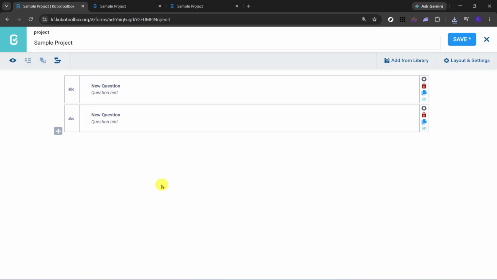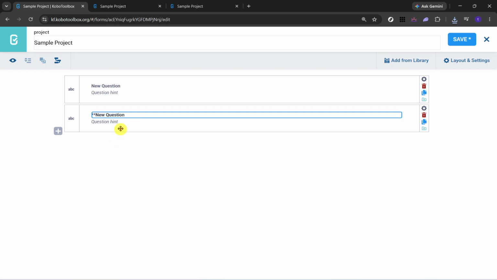Next, click on the sample name. This places your cursor in the text so you can edit it. If you're following along in a form with multiple questions, make sure you're selecting the exact label you want to change. Since bold formatting affects the text surrounded by special characters, it's helpful to confirm you're editing the correct field